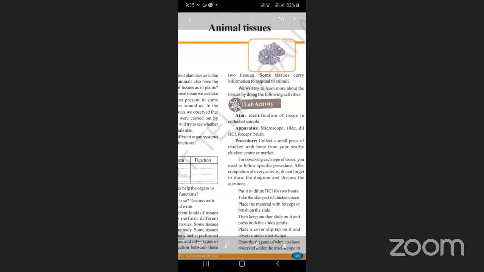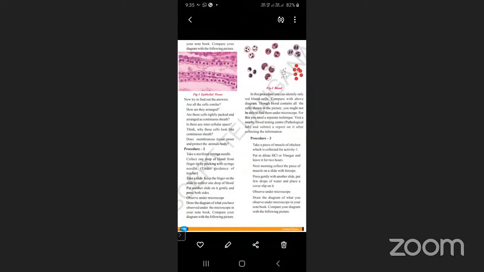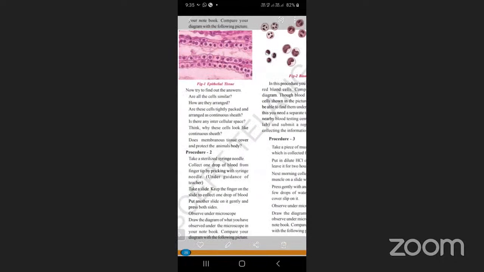After observation, you have to go for the result. Then the lab activity will be complete. After the result, we also need to write our opinion, your own opinion on that particular activity, by taking the help of the result. What we have to take and what procedure we have to follow, we already discussed clearly in lab activity 1. Here we have observed epithelial tissue, covering and protecting which tissue